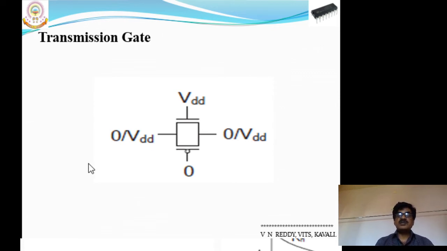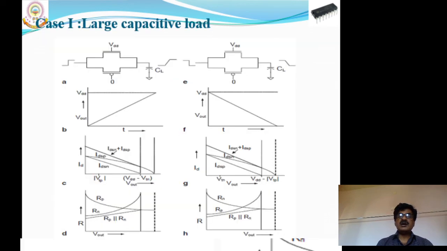Suppose the Nmos transistor gate potential is 0 and the Pmos gate potential is VDD, both transistors are in off state, that is, the output is isolated from the input. So that is the simple operation. And now see the analysis of the transmission gate transistors' operating regions with reference to large capacitive load and small capacitive load. Now this slide represents the large capacitive load